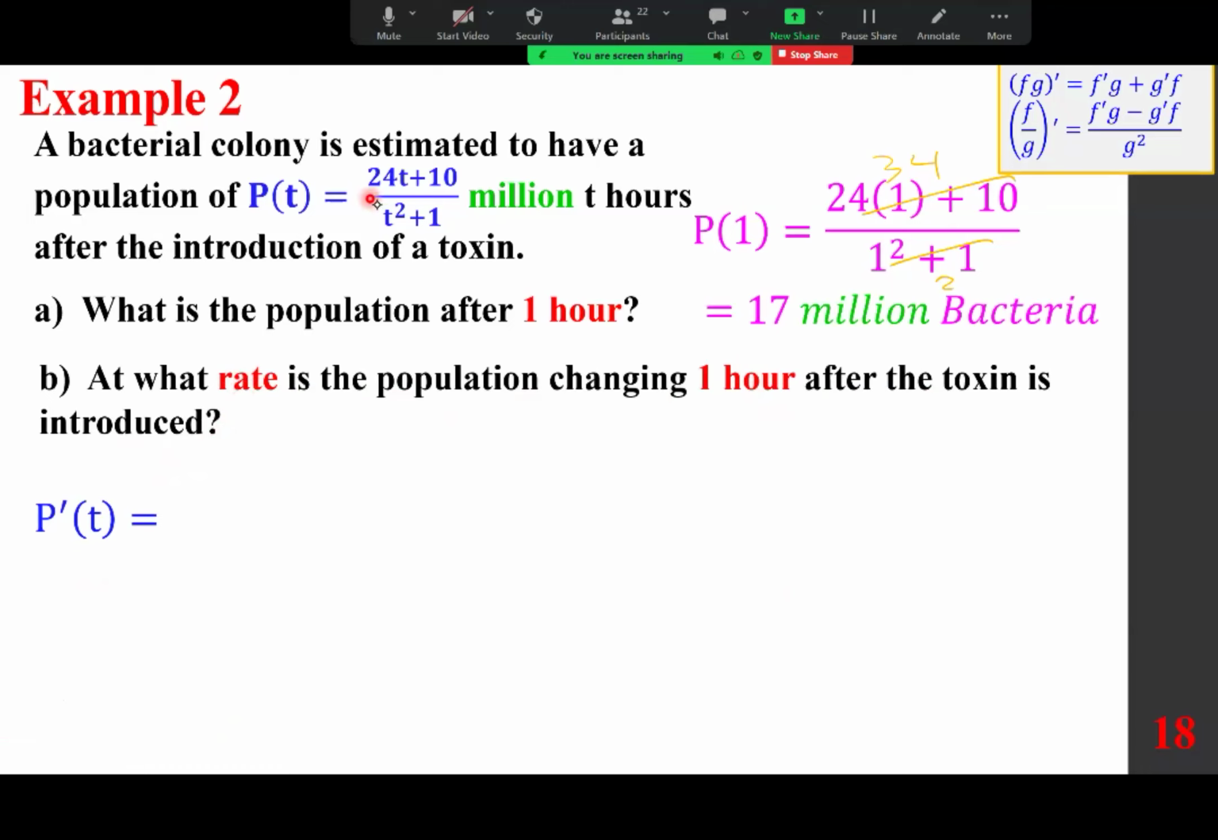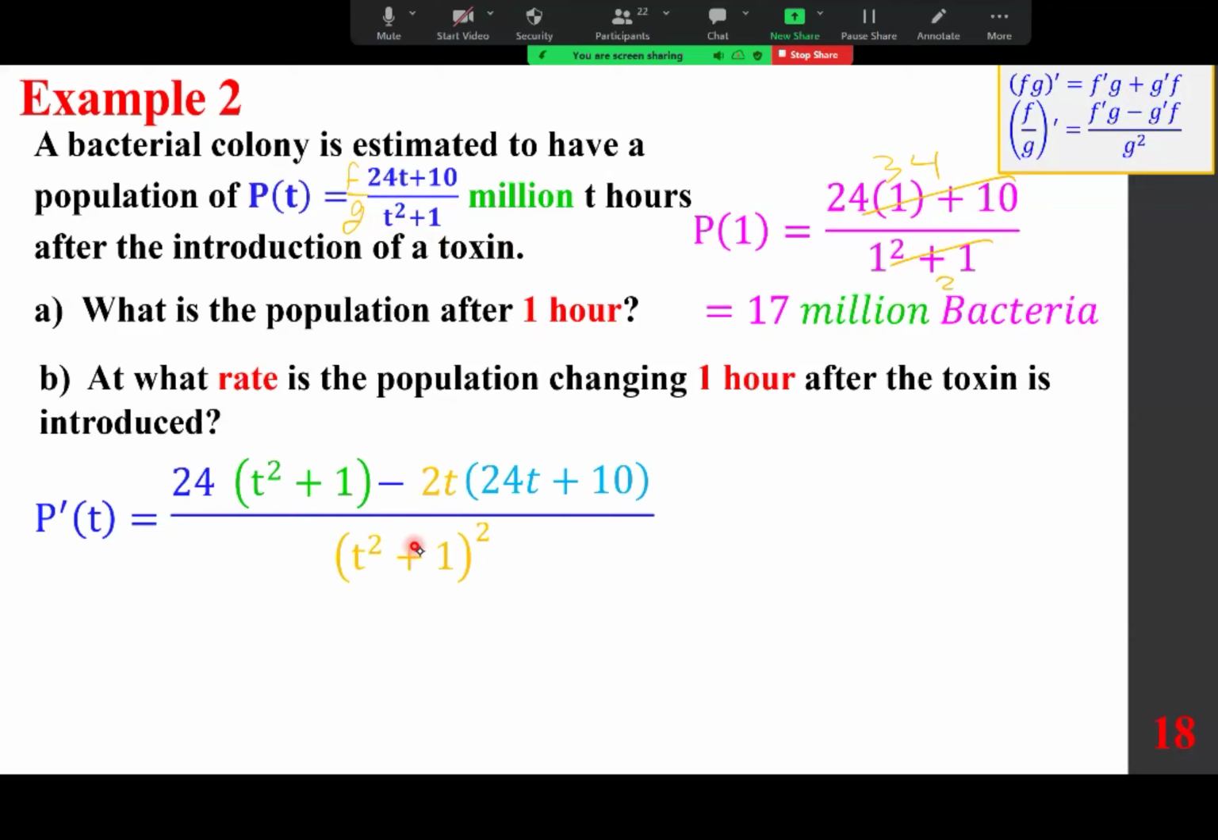And when you go back to P of t, notice you have to use the quotient rule. So we are going to call it f over g, where f is 24t plus 10 and g is t squared plus 1. So f prime 24 times g, t squared plus 1, minus g prime 2t times f, 24t plus 10, over g, t squared plus 1, squared. And you're done with calculus. Everything else is algebra. To simplify this,